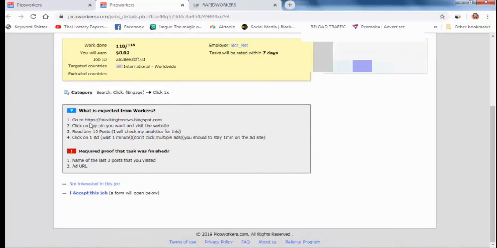You can check. Go to here. This is made people. They are sending directly to the blog. This is a wrong campaign, I think. If you run your campaign, always send people by search engine to your website. If people go directly to your website and then click on your ads, those clicks are not accepted by Google AdSense, because that is direct traffic. You need to send traffic by search engine. So this is a wrong campaign, I think.